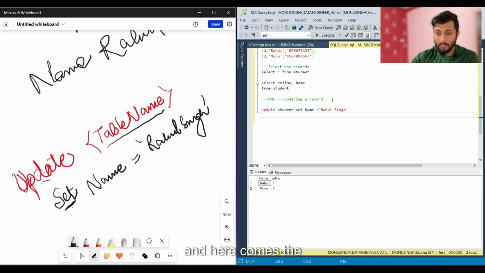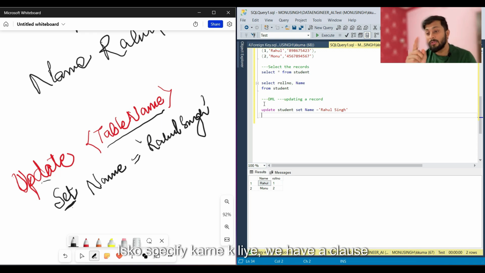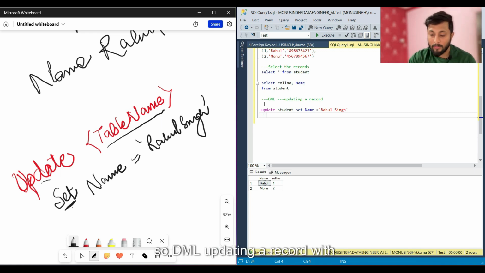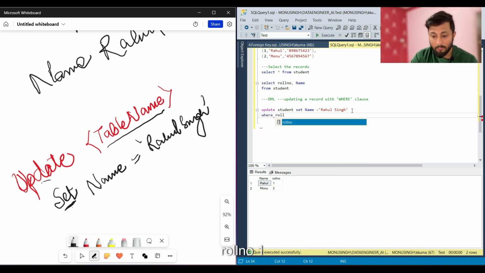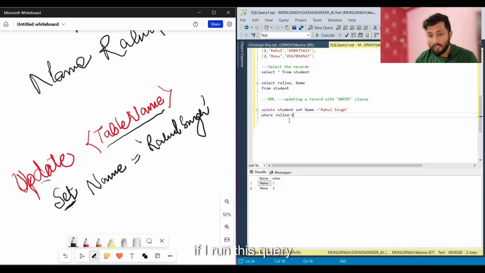Okay, and here comes the use of a clause, that is the where clause. So to specify which record to update, we have a clause called where clause. Okay, so DML, updating a record with where clause. I want to take roll number 1, and update this particular roll number 1 to Rahul Singh. If I run this query,